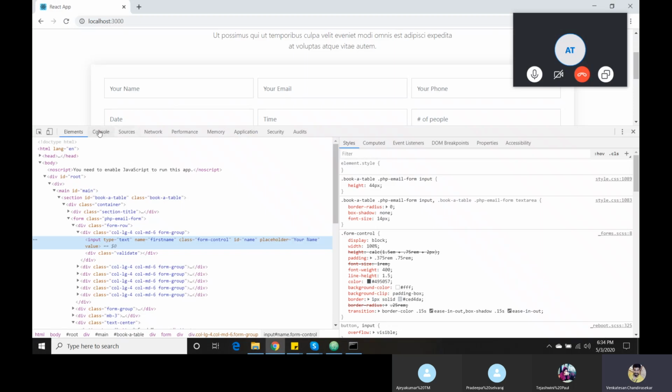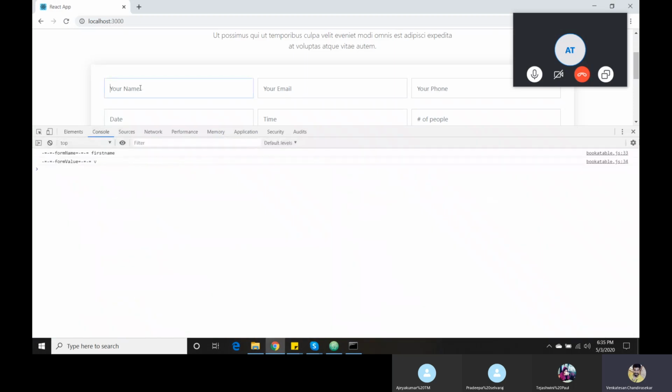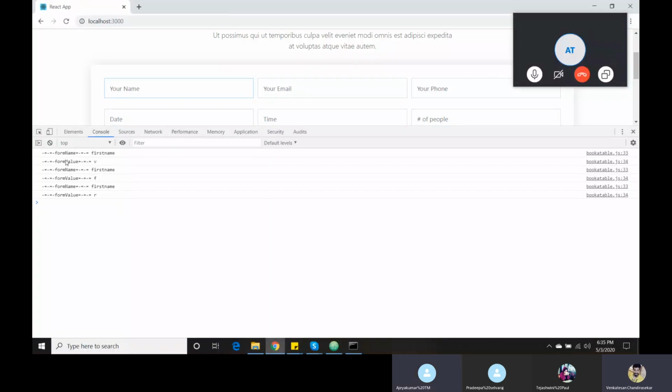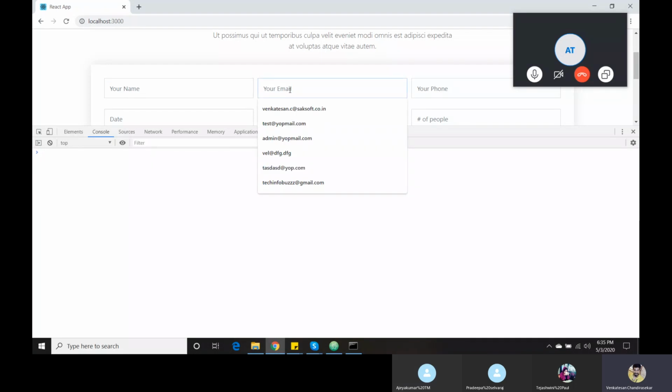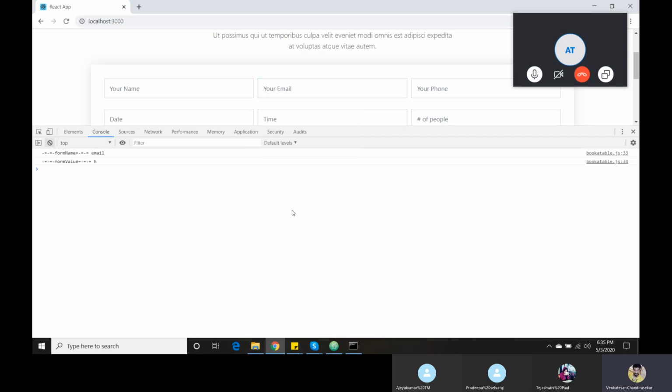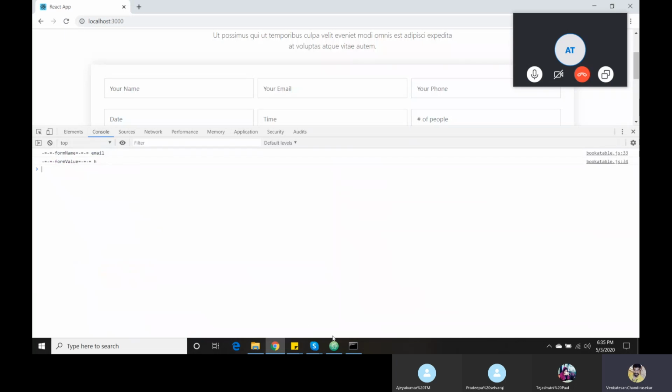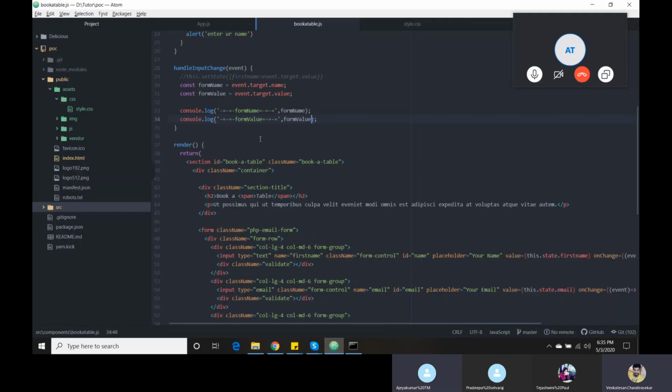Now I am changing first name. Something, yeah. Why is the value not written? I just commented out this.state. That's the reason it is not printing. Don't get confused. For first name, here I am giving three values. Now it gives the corresponding name. I will show here: name is email and the value. You got it? Now we need to differentiate. How do we need to differentiate?